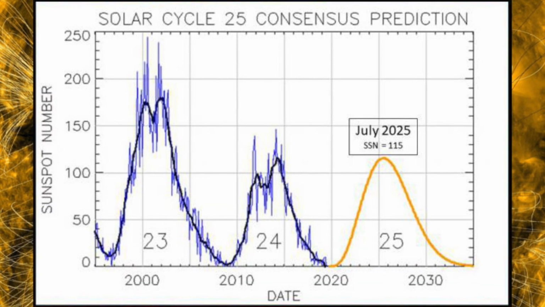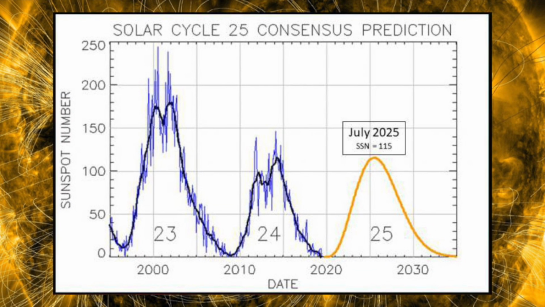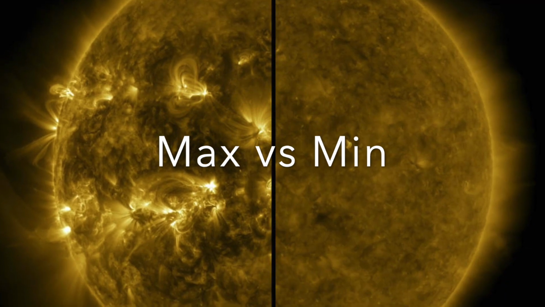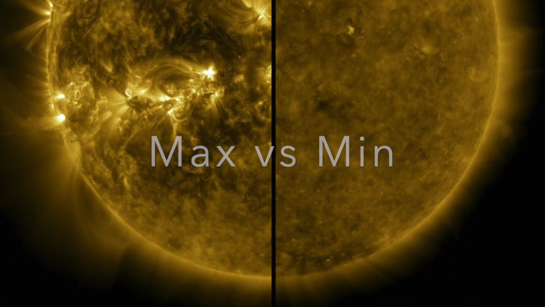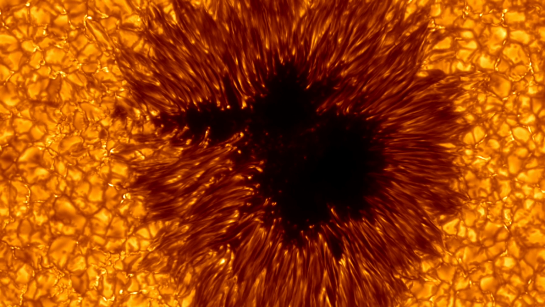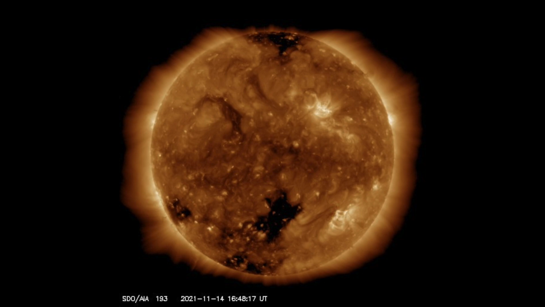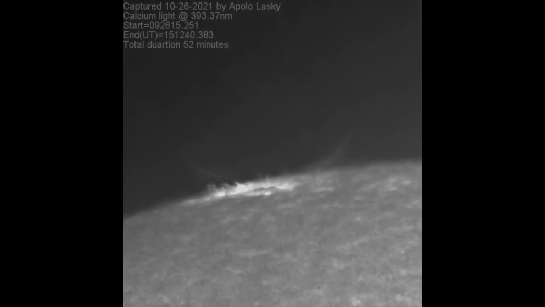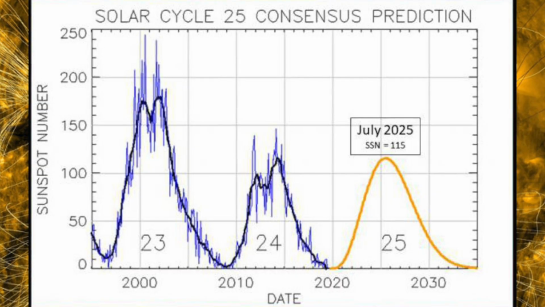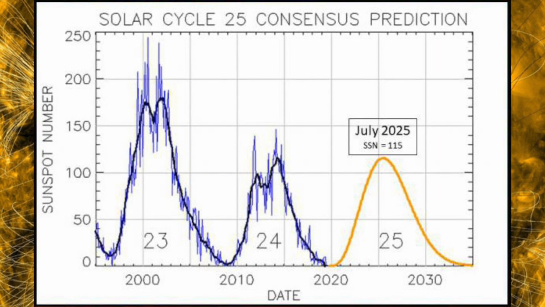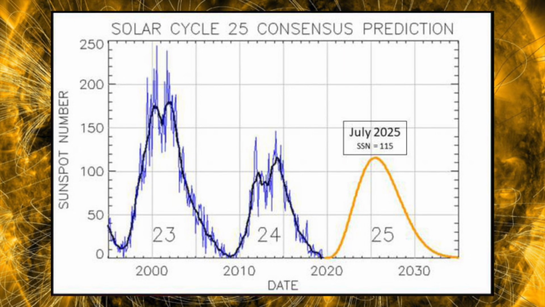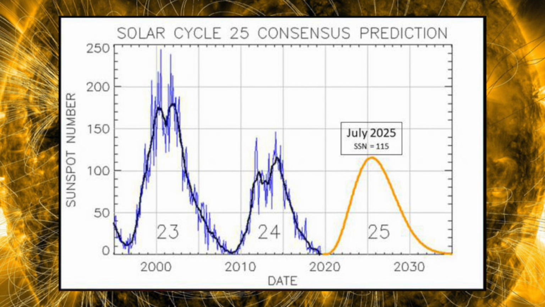Our star, the sun, goes through an 11-year cycle of minimums and maximums in terms of activity. So during these maximums of activity, there's a more turbulent surface on the sun, and you get a lot more sunspots, you get more of these coronal mass ejections, both of which can produce increased Aurora Borealis activity here on Earth. And so if you're looking at opportunities to see the northern lights here in the lower 48 of the United States, the next few years looks really good, and we should be reaching our solar maximum in the next couple of years in